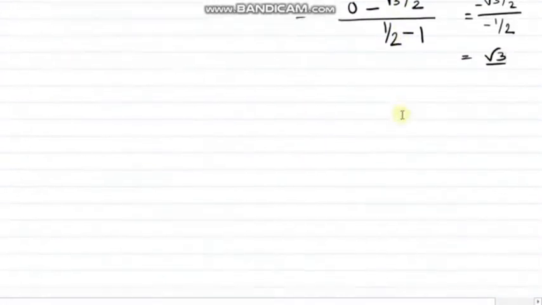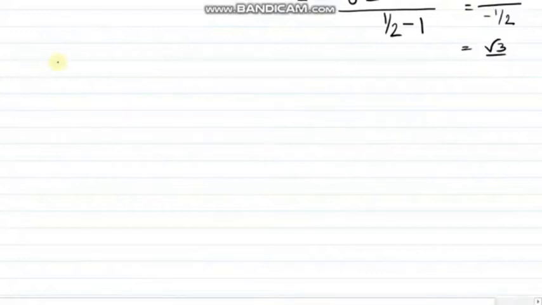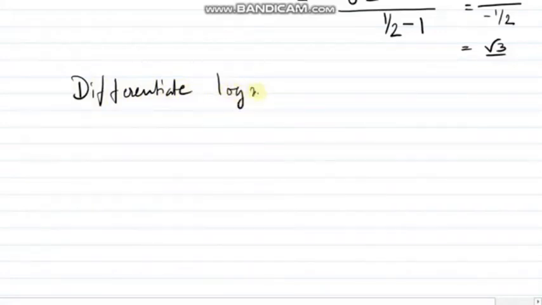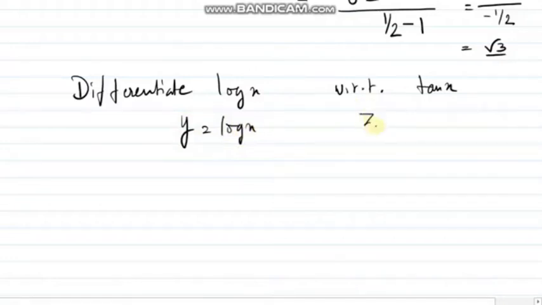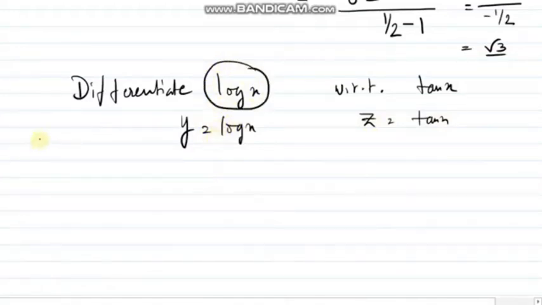So another type of sum in this chapter you have, where y and z won't be clearly mentioned. It will be like differentiate log x with respect to tan x. So what you have to do, you will take y equals log x and z equals tan x. So that means you have to differentiate y with respect to z. That means you need to calculate dy/dz. Do you agree, all of you?